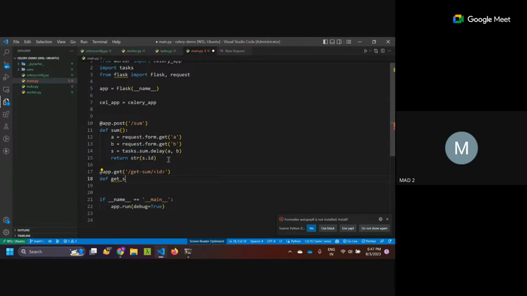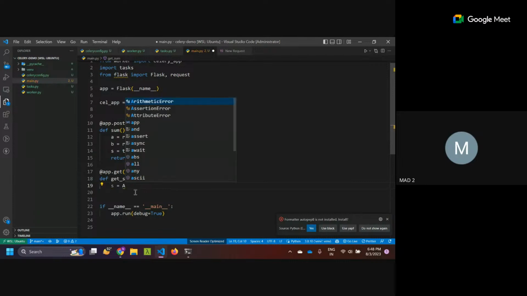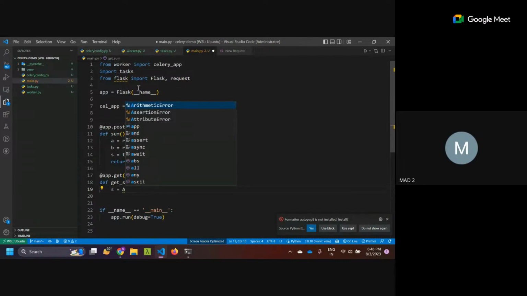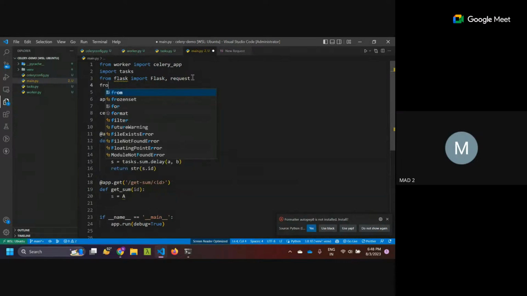So this will receive a GET request, get sum, with the ID. Then I'll create an async function from celery.result import